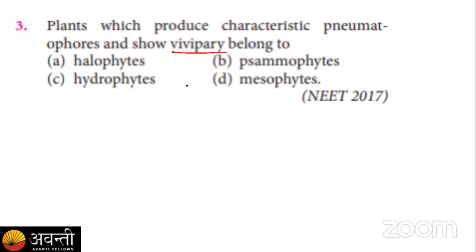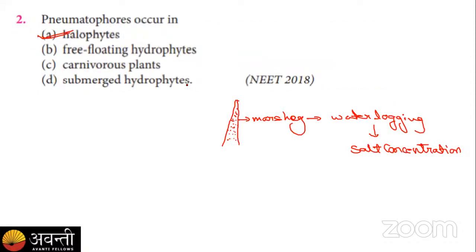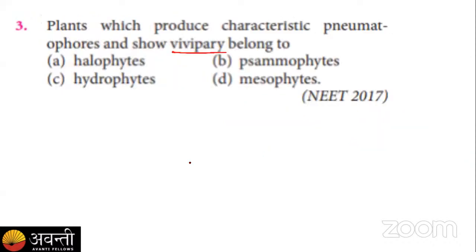As in the previous question, we have just discussed that pneumatophores are roots which have negative geotropism, and they are found in marshy regions. That is why we have used the answer halophyte. So yes, we can also say those plants are halophytic in nature. Those who have chosen option A are correct. Option A is correct, not options B and C.